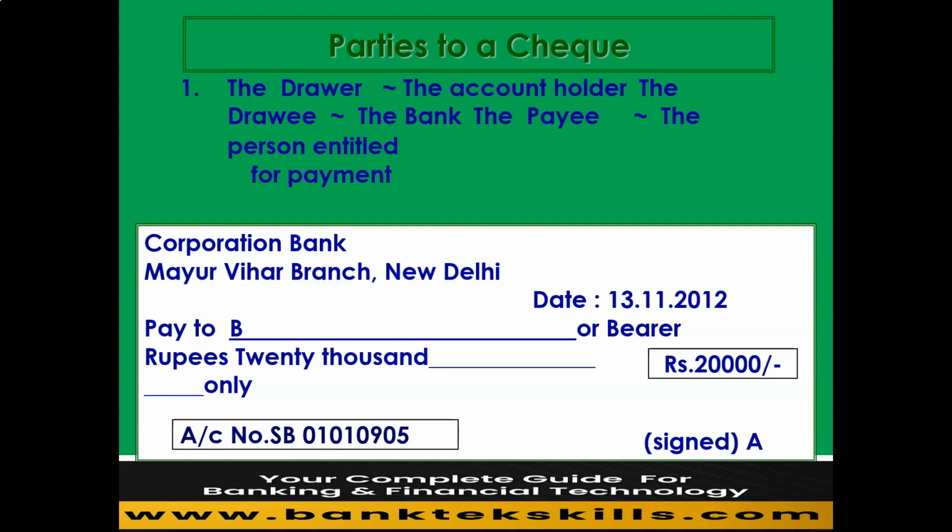So parties to a check: there are three parties. The drawer is the account holder, signed A; you can see the one who is signing the check, signed A, at the extreme right-hand side of your corner. The bank is the drawee, and the payee is B. B is the person entitled to payment. So suppose I am A and I issue a check to B. I am the drawer, B is the payee, and the corporation bank is